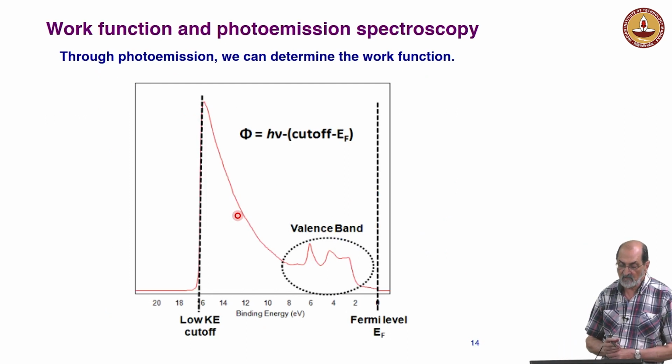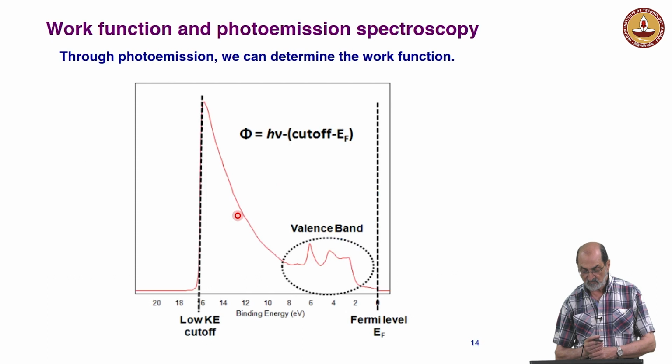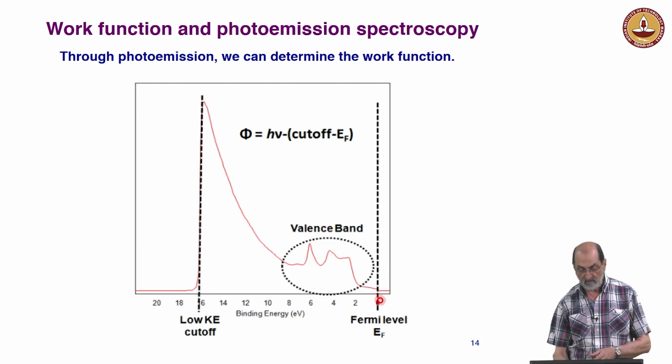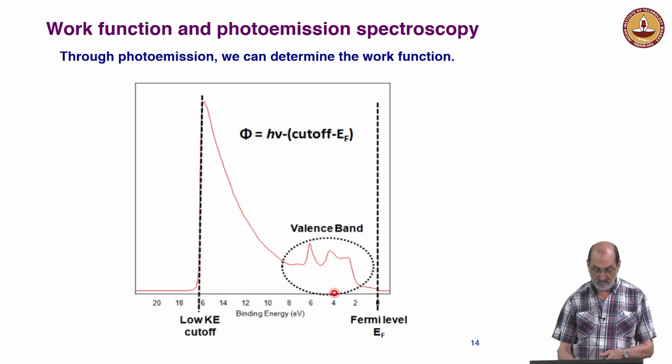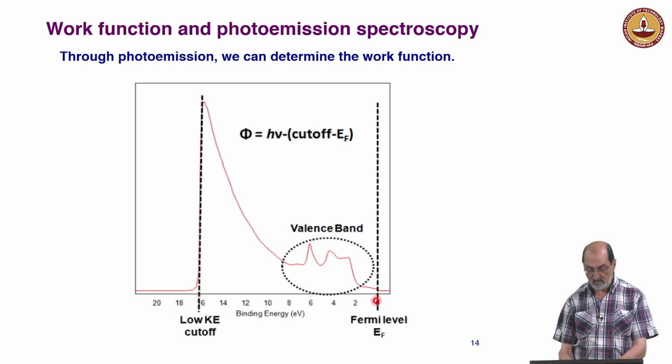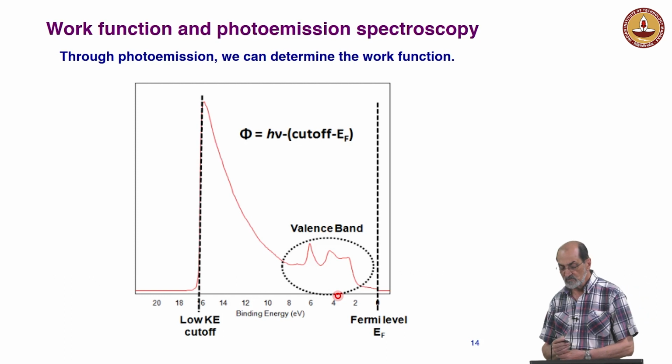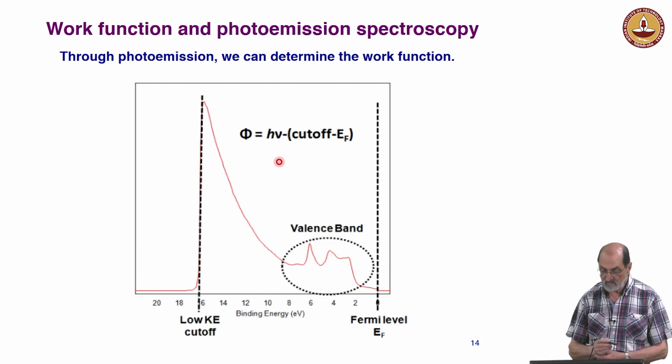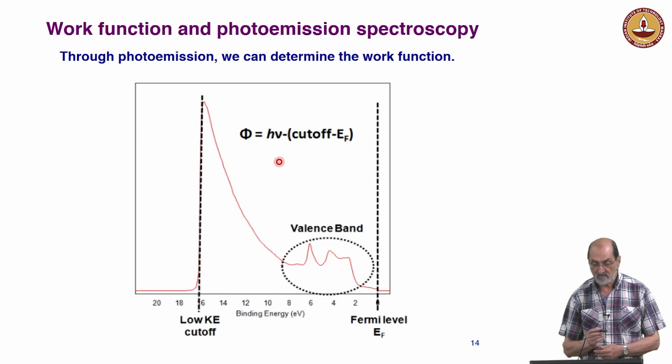So how can the work function be measured using photoemission? Well, it's not so difficult. You have to measure where the Fermi level is and see what the low kinetic energy cutoff is. From here to here, we have a range where the electrons can be extracted from the crystal. That is, you send photons with an energy h nu, and you have to